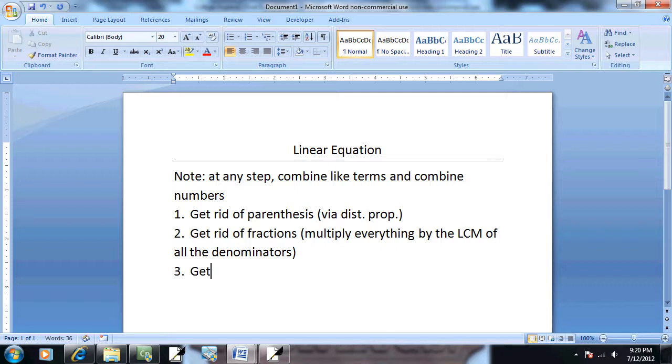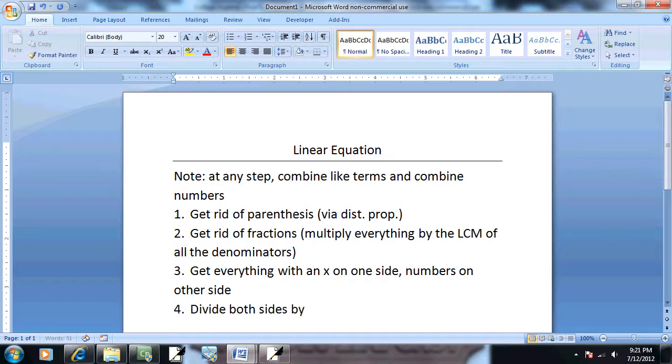Step 3, I'll write this in terms of x's. Get everything with an x on one side, numbers on the other side. And step 4, divide both sides by what is in front of... What am I saying? Divide both sides by the number